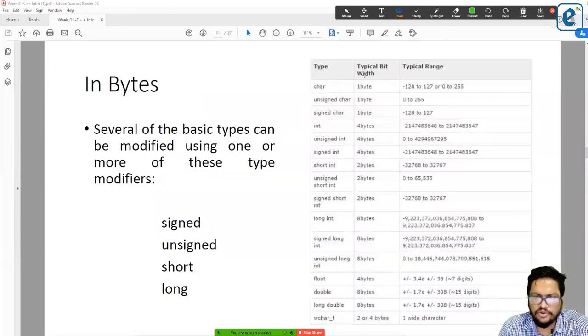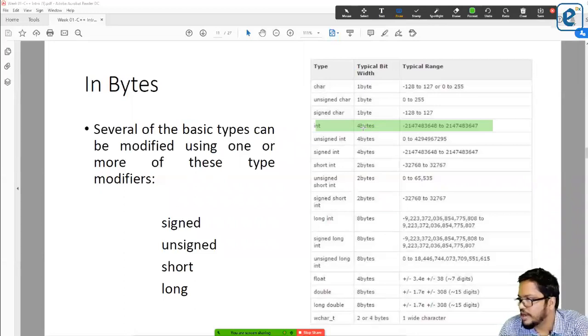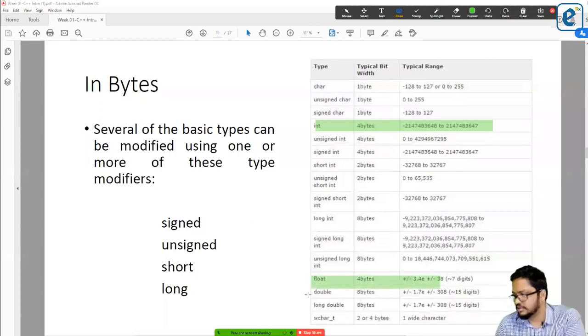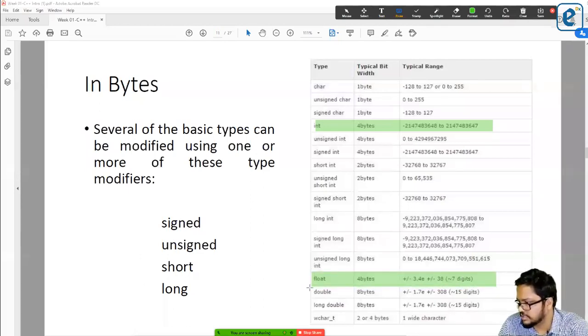So we know about integer, right? You can see integer is 4 bytes, and float is again 4 bytes. Double is 8 bytes, and character is 1 byte.